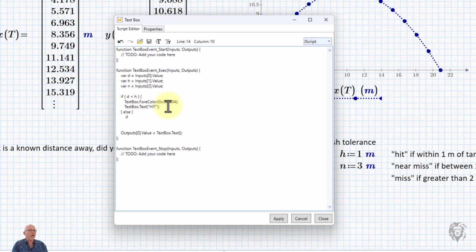And now we're into our nested if. So in this case, we're doing our D is greater than N, close brackets, if that's true, so we open it up, and as before, we're going to give it some values, so we're going to give it a text box for color,